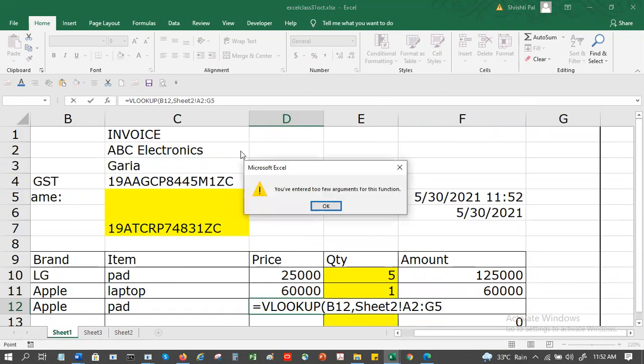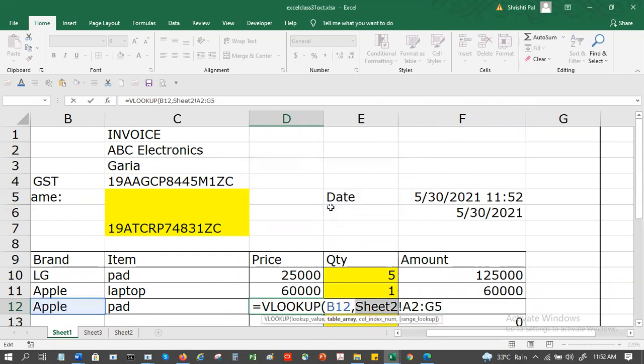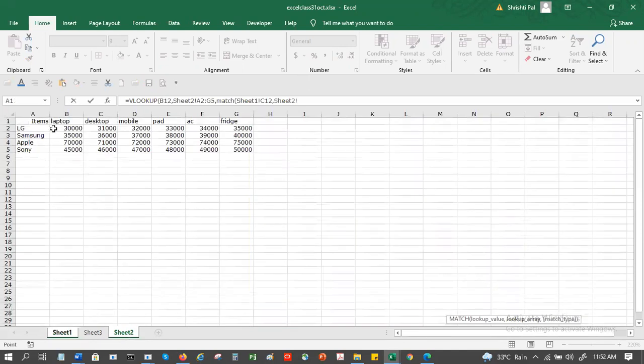Comma, and I want to do a match. Match of what? Match of this item, from the item. I can start from here.